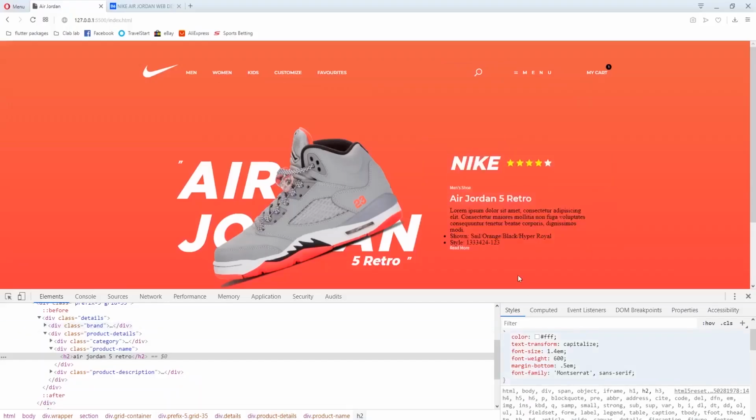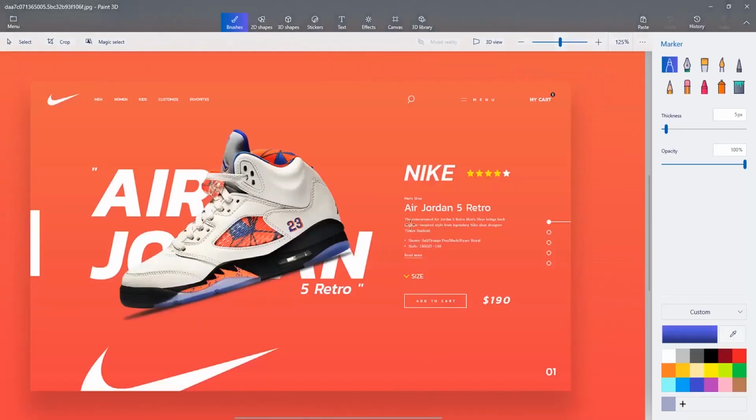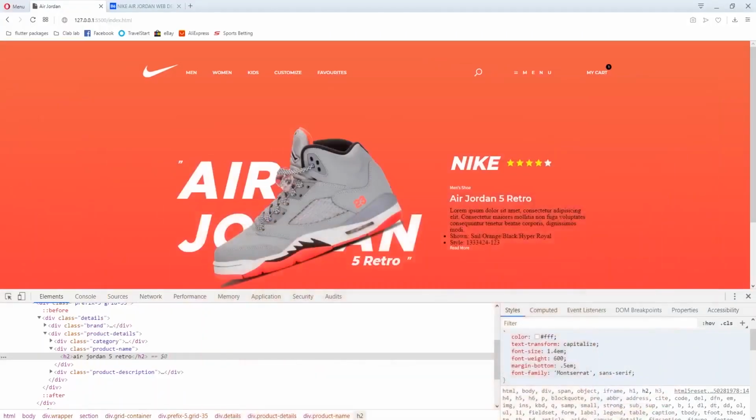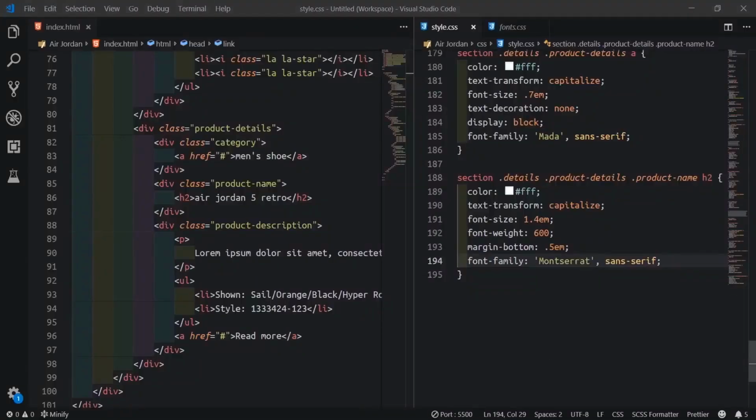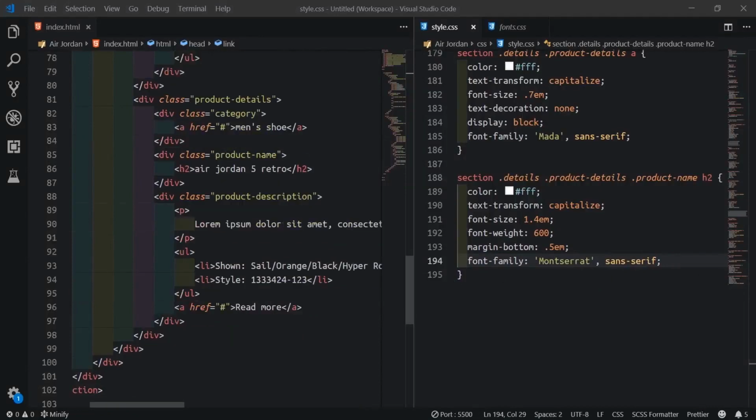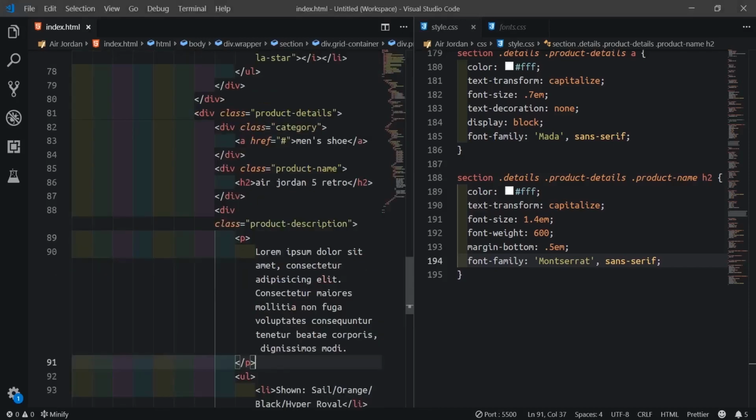If I come here, refresh, you see I'm saying that it resembles this one here now. Alright, so we don't design this particular Air Jordan 5 retro now. So we'll see how we go on to these other ones here. So what I'll do, I'll go to my code now, then I'll target the paragraph here. We'll see this paragraph, so that is this one here.